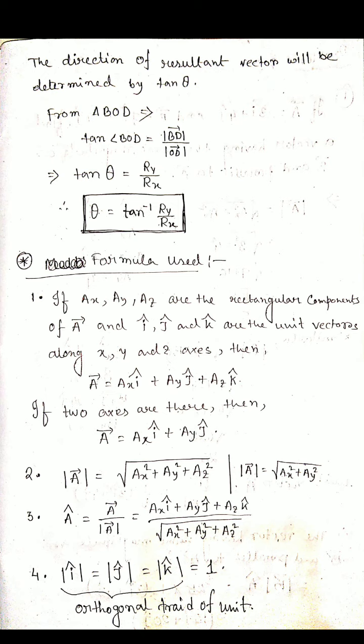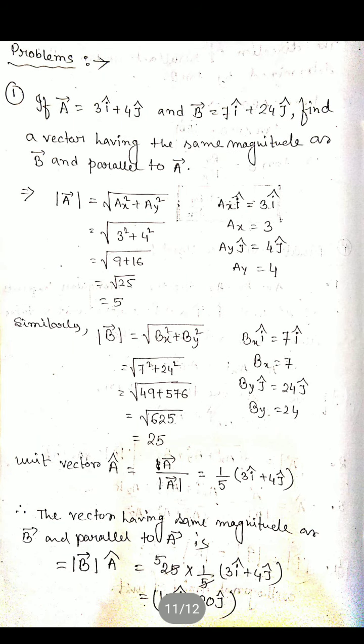As per our requirement, we resolve along that axis. If 3 are there, then 3 components. If 2 are there, then 2 components. And the modulus of i cap, j cap, k cap, we already discussed. The modulus of a unit vector gives us the unit, that's why they are called unit vectors, also called orthogonal vectors. Okay. Next we solve some problems. Okay.